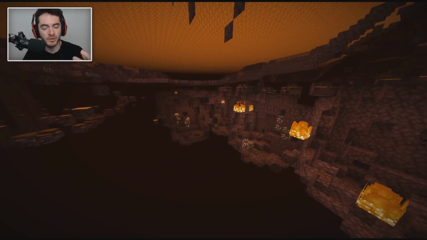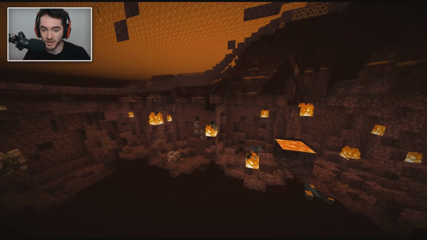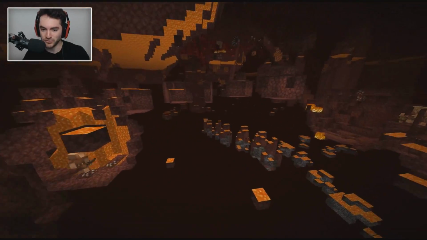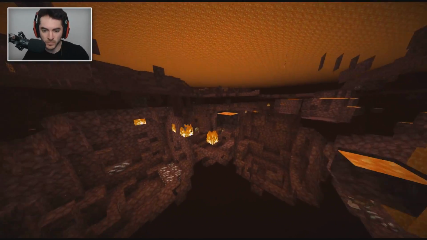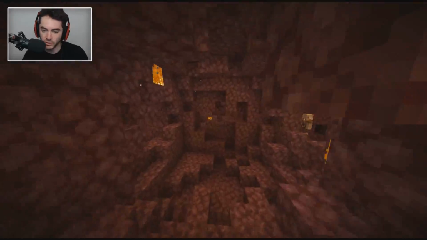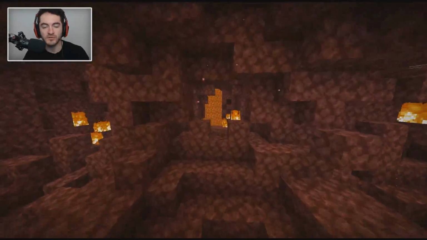So if the composter X-ray technique becomes obsolete and patched or something, don't worry. You can still do this without it. It's not terribly difficult. Just kind of experiment with locations and directions, and you should find one that works for you. And even if you find one that's working for you and then you end up running into a lava lake at the end of it, what you can always do is, just like when you're strip mining in the